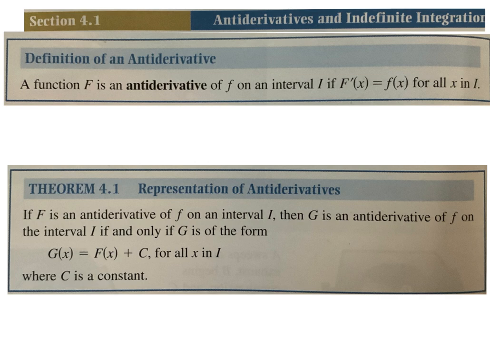If F is the antiderivative, so you'll notice this is a capital letter F, of f, little script f, that is the original function on the interval I, then G is an antiderivative. Notice both of these say an. If and only if G is in this form, F of x plus c. So we're going to talk about